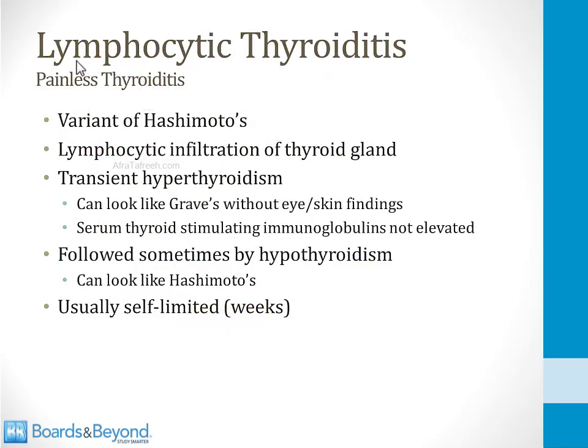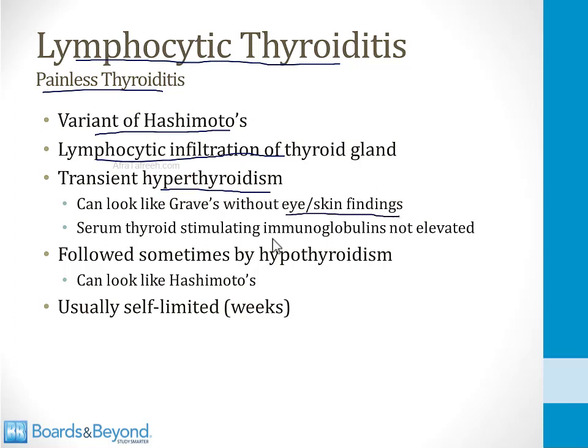The last disorder I'll mention is called lymphocytic thyroiditis or painless thyroiditis. This is a variant of Hashimoto's thyroiditis, and just like Hashimoto's, it involves lymphocytes infiltrating the thyroid gland. This can cause a brief period of hyperthyroidism that sometimes is brought to clinical attention, and it can look like the patient might have Graves', except there will be no eye or skin findings, and the thyroid-stimulating immunoglobulin levels will not be elevated. Following the hyperthyroidism, as we have discussed, the patient can develop symptoms of hypothyroidism, and this can